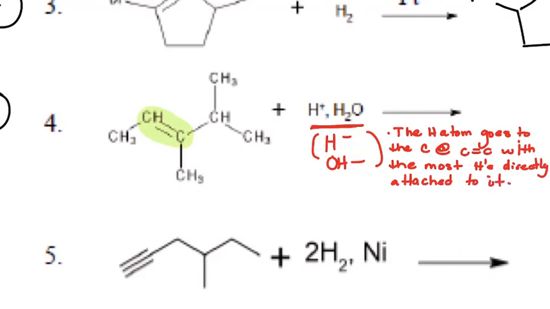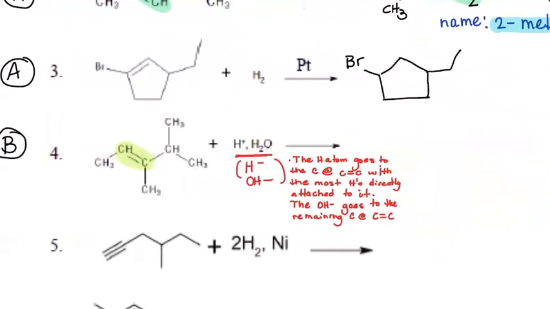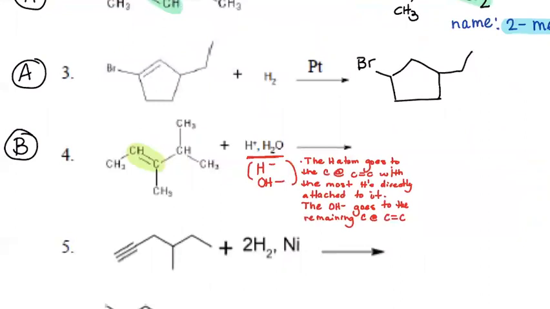Okay? The OH goes to the remaining carbon in the carbon-carbon double bond. Okay? So whenever we're adding, we're erasing the double bond and then placing or adding the atoms that we're adding. Okay? So when I'm predicting the product of number 4,